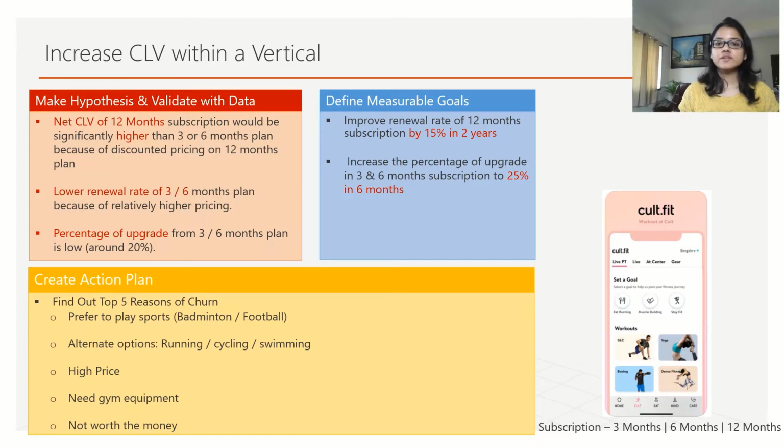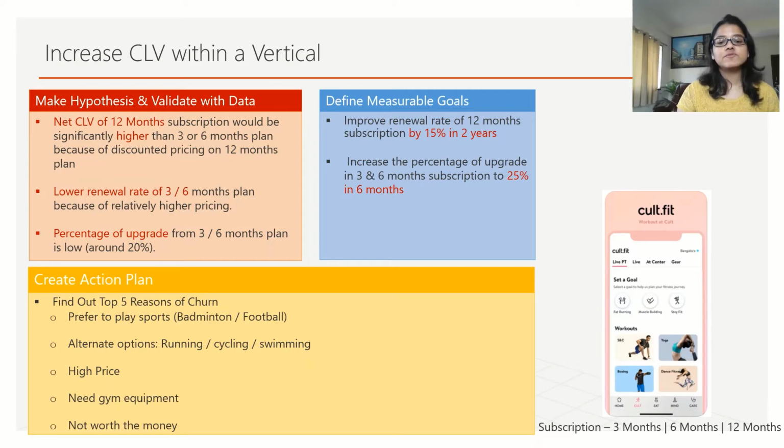So as a product manager, one cannot just go and say that let's reduce the pricing further, which is the third point as high price, and to increase the CLV. What if the company is already at a price point which is strategically aligned with the user segment it is targeting to? So then there is another reason which says not worth the money. So this needs to be teased out with the customer, like is customer willing to pay 17,000 a year, but he or she is not happy with the product offerings? So can something be done on these lines?